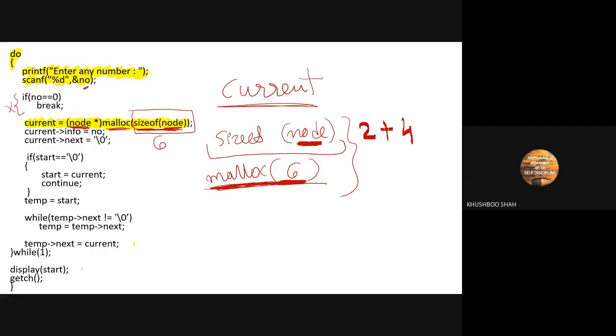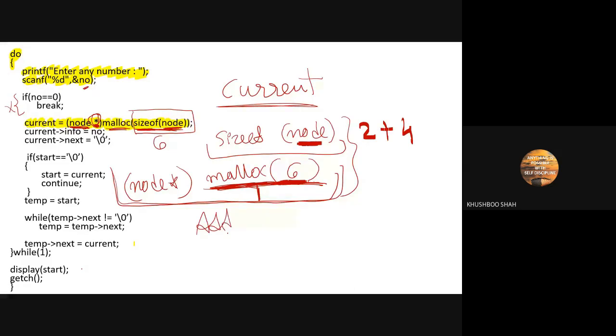Then it is asking for the address. The asterisk sign means I am talking about the address. So after malloc, here we have written node star. This line will allocate the memory, and this complete line will return the address.